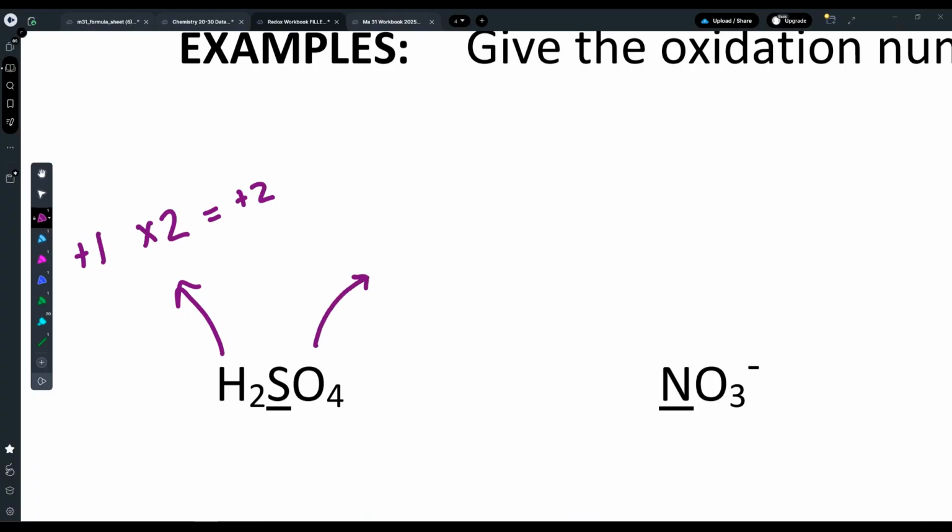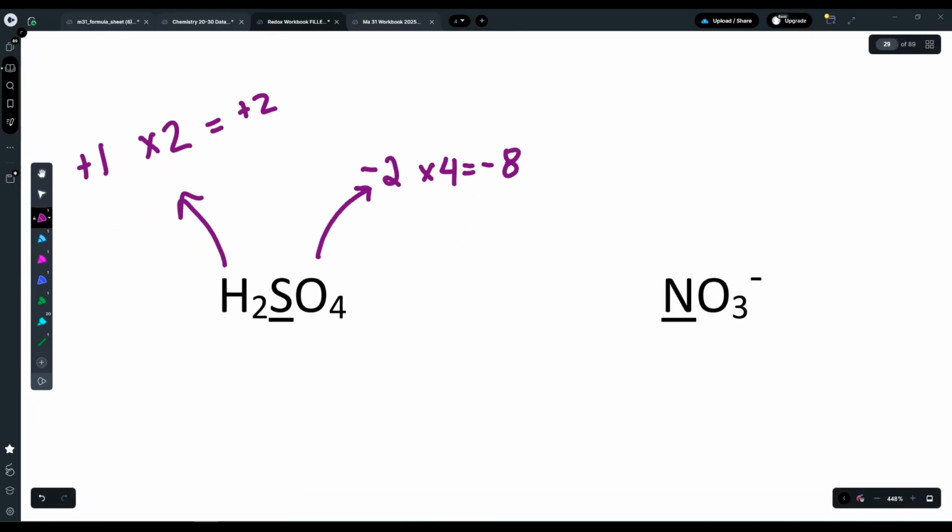With oxygen, since this isn't a peroxide, each one of these oxygens is going to have a -2 oxidation state, and since there's 4 of them, the total oxidation state coming from the oxygens here is going to be -8. Okay, so let's use this information just to figure out the oxidation state